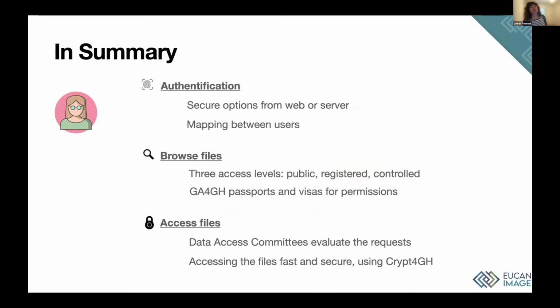So to summarize, I showed you some details about authentication, where you have some secure options from web or server. One challenge is really to be able to map between the different platforms, so same user, but different platforms with possibly different usernames. Browsing files, you have 3 access levels: public, registered, and controlled. The Global Alliance for Genomics and Health